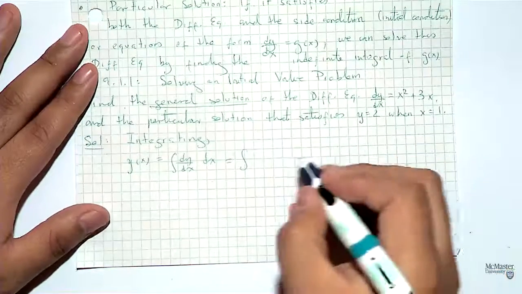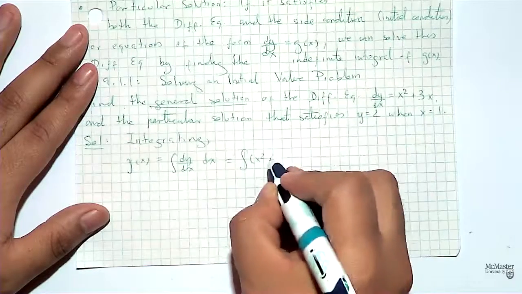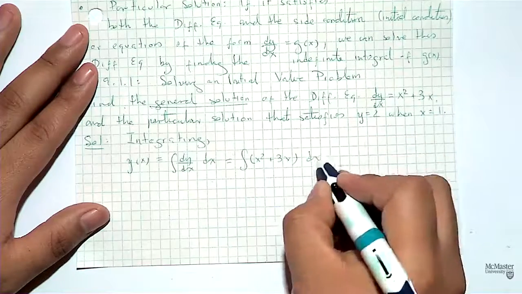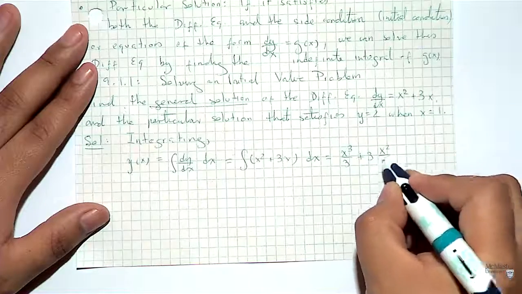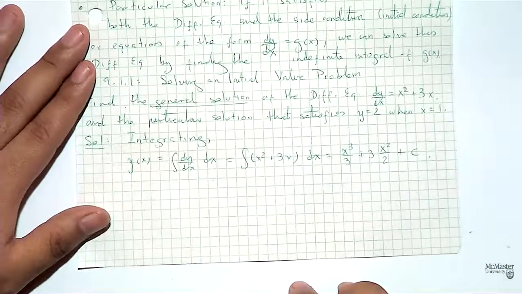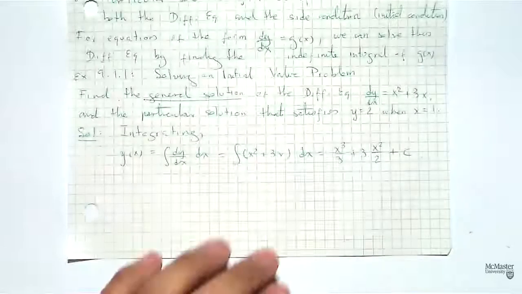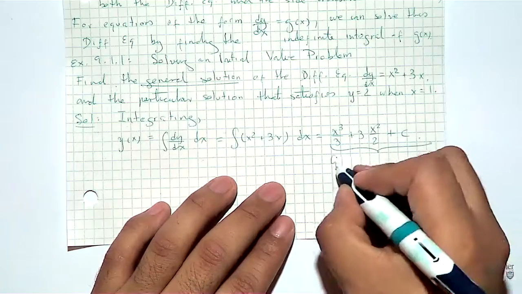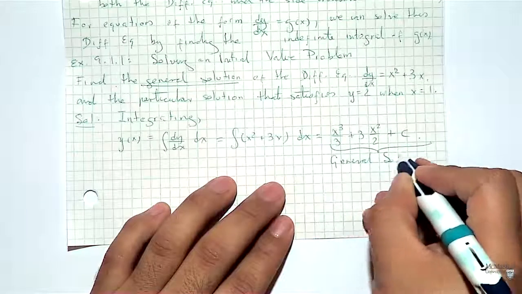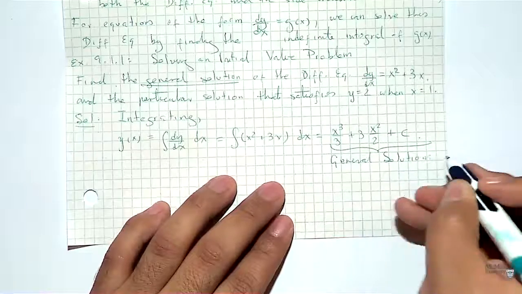Then you have the integral of x squared plus 3x dx, so you have x cubed over 3 plus 3x squared over 2 plus a constant of integration, right? So again, these are the kind of problems that we have done before. Now, this is called the general solution, precisely because,